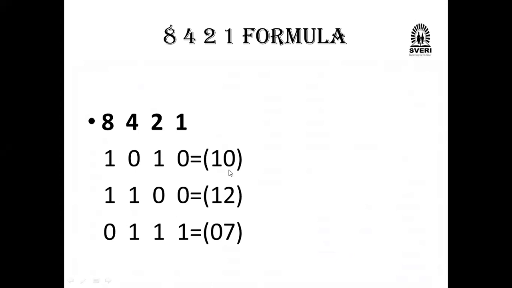10 is a decimal number. Okay. 10 means how much here? 8421. This formula we have to use here now. By doing any addition of this one, which values we have to make as 1? Whichever one you are going to consider, that one we have to write 1. Which you are not considering, that one we have to consider as 0 here now. 8 4 2 1 is there. 10 के लिए 8 plus 2 लिख सकते हैं हमने. 8 plus 2 is equal to 10.